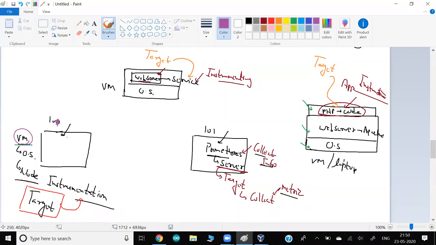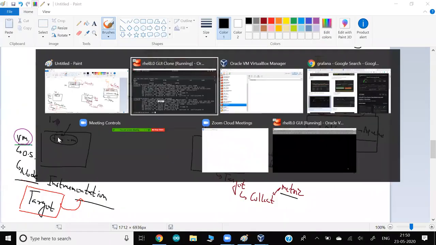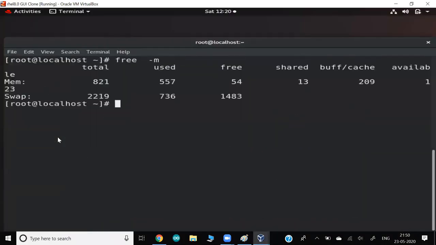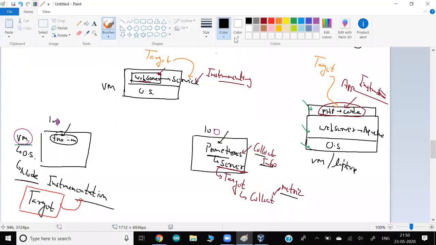So if you would like to send this information to IP, let's say this might be 100. Who will send? Somebody has to run the free -m command here. After they run it, they get this output. After they get the output, then using networking, they have to send this information to Prometheus, because if Prometheus doesn't collect the information, they can't do other things. So for this, in IP 101 we have to run one program.